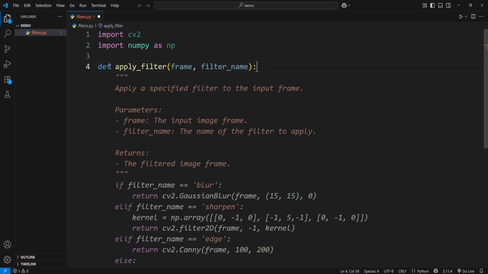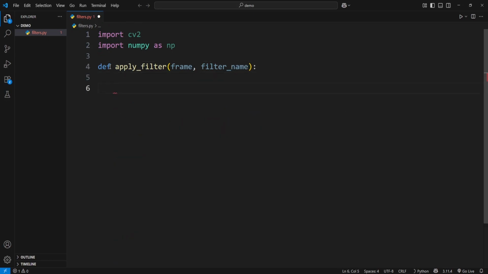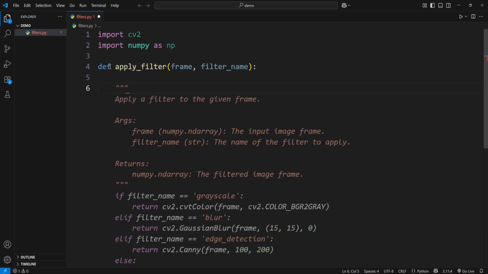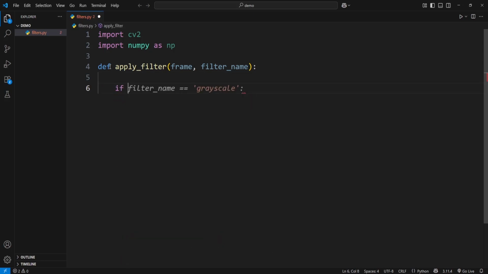Then inside this function, I'm going to set an if condition. So type if filter_name equal to, inside double quotes, gray. Then inside this if condition, I am going to return